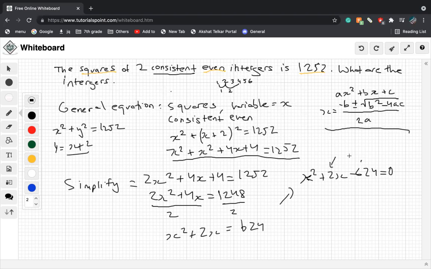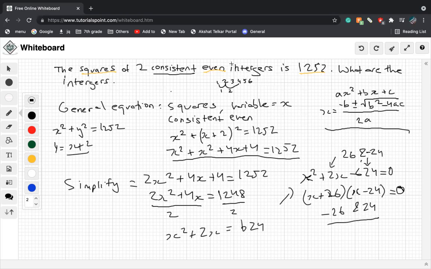And I know that this would equal 26 and 24. And 26 and minus 24, sorry. So now you know that x plus 26, and then x minus 24 here. So sorry, it's not filling it out. So now you know the values are negative 26 and 24, and you look at this and